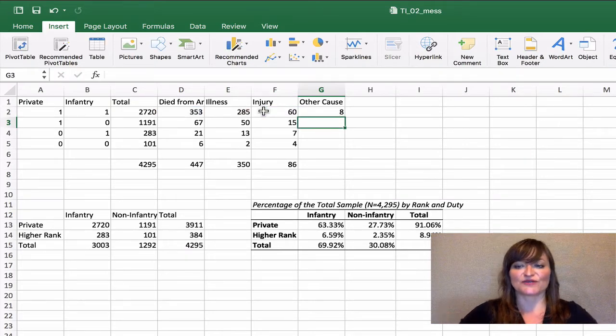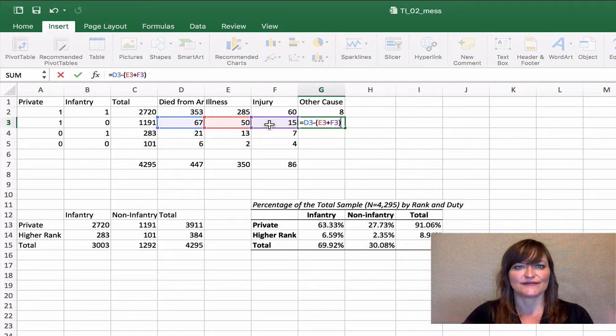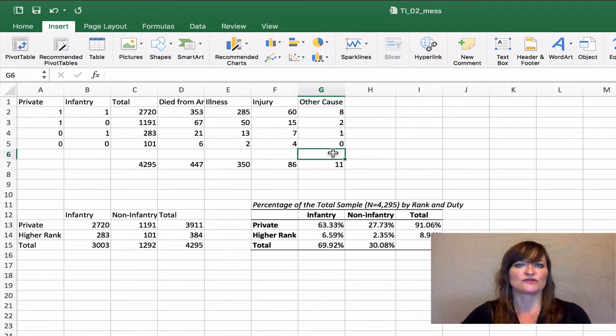Can you think of another way of doing that? We could have said died from any causes minus, and then open parenthesis, illness plus injury, and close parenthesis. Same. Let's sum those. I'm going to use fill to fill down to add those data points in.